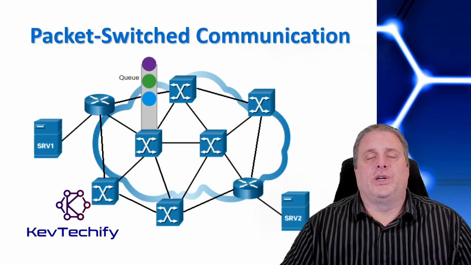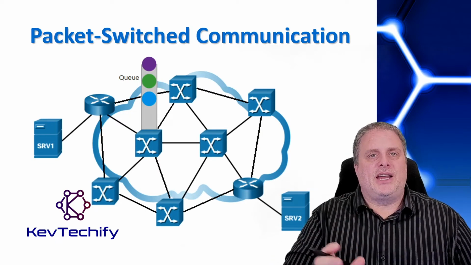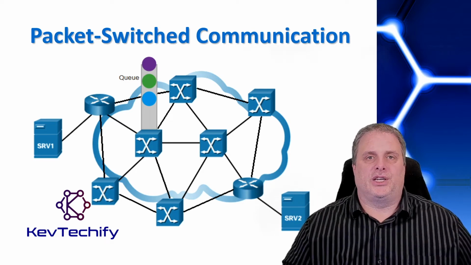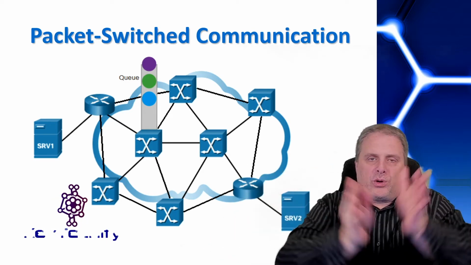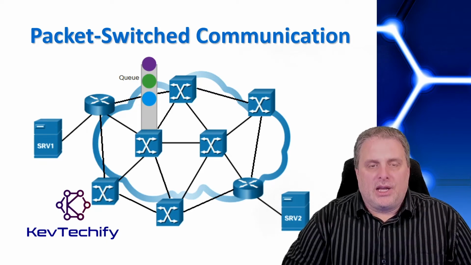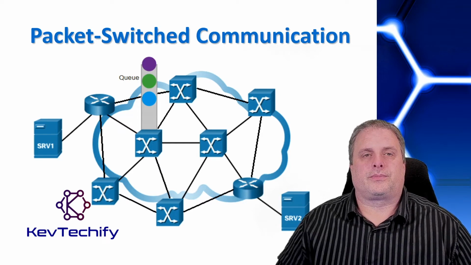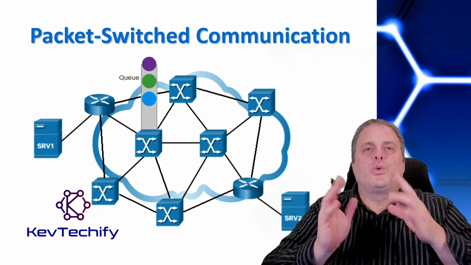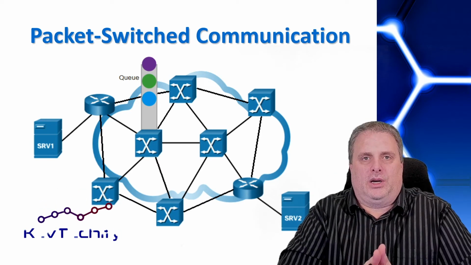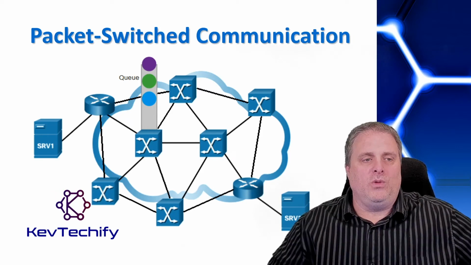In a packet switch network, we are not looking at the entire conversation, but the packets. Remember, in the OSI model, we get packets of information. That big piece of information is broken down into smaller packets. Then that packet can be transported across the internet. Packet switch works by routing each packet individually across the network. Each packet could take a different path across the network.